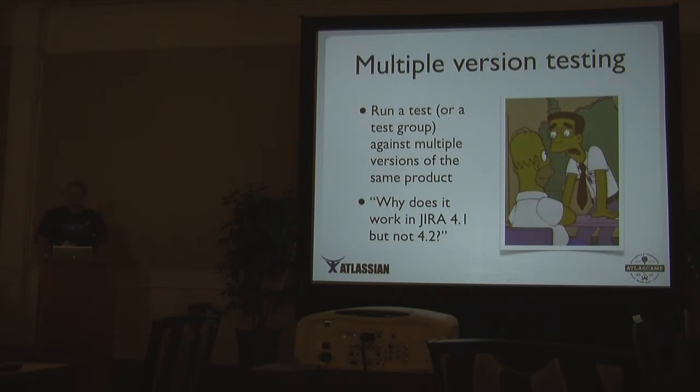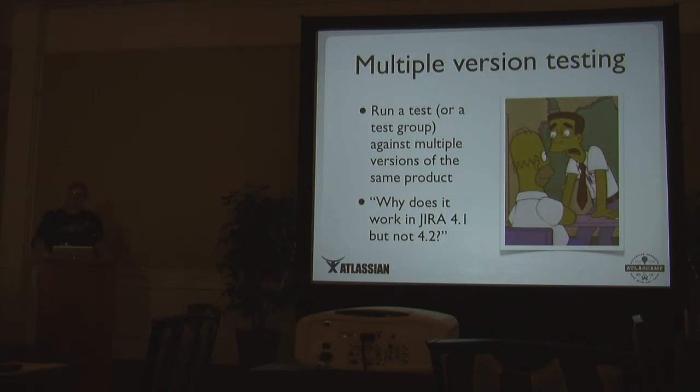Well, we can help you a little bit with that now. Imagine you want to run the same test group against multiple versions of the product. Jira 4.0, Jira 4.1, Jira 4.2, and oh, by the way, Jira 4.3 eventually, to make sure your changes are not going to break in something new. You can do that now by saying, OK, run this test group SDK against these 4 versions. The same test, same environment, tear it down, build it up from scratch, and run all the tests,